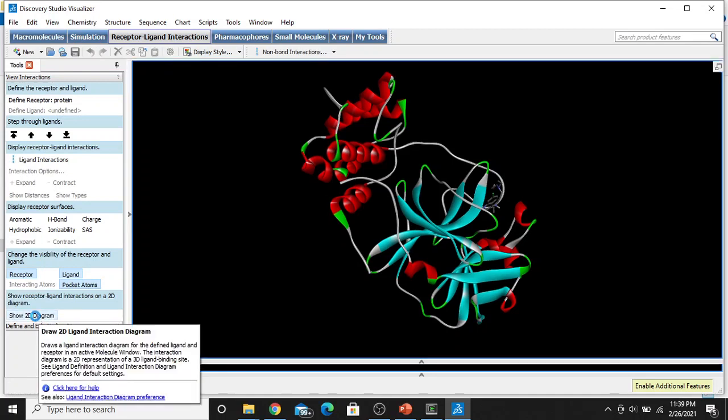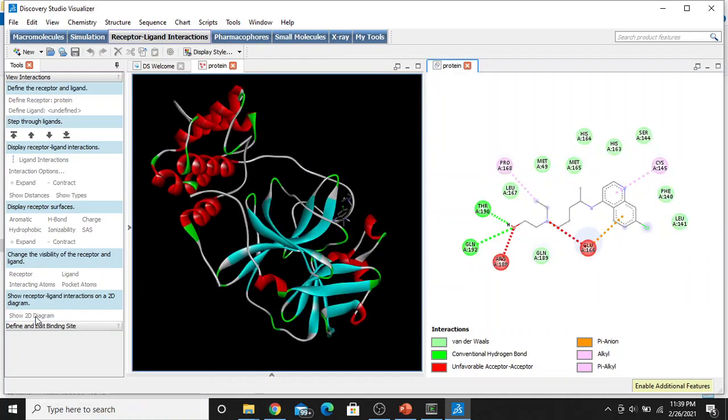Just click on it, and you will see the interactions between the ligand and the corresponding amino acids, and check whether it is in the active site. Here it is cysteine 145, so it's okay.